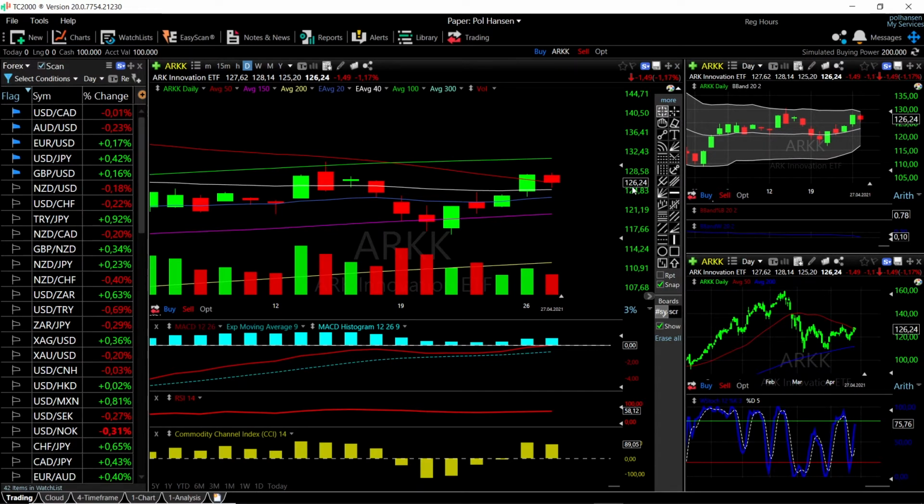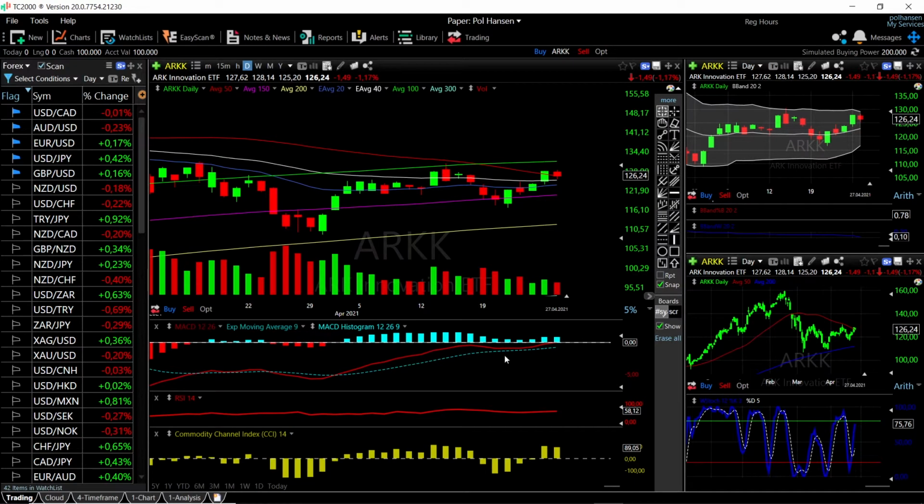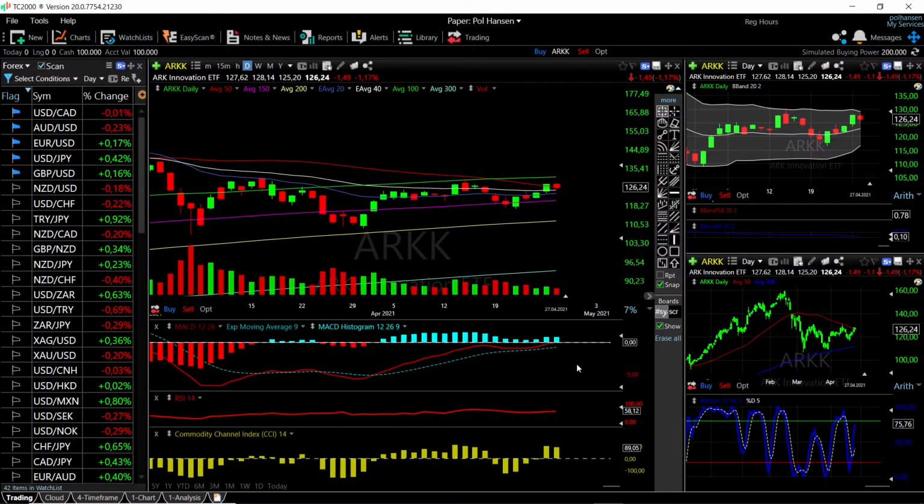moving average at 126. So if you look at other technical indicators, we can see that the MACD is now right at 0 and is above 0 at the signal line, and that is bullish. We can see that RSI is bullish as well, and the CCI is also in bullish territory, and so is the stochastic. So momentum is still in the upside, but we will additionally find pullbacks even though we are in